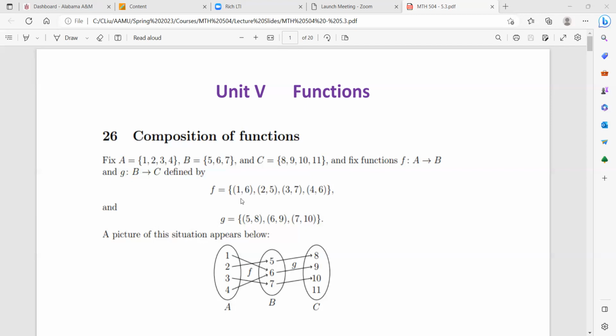by ordered pairs. So f maps 1 to 6, and 2 to 5, 3 to 7, and 4 again to 6. And then g is defined from B to C, so it maps 5 to 8, 6 to 9, and 7 to 10. Okay, so just to remind you again,